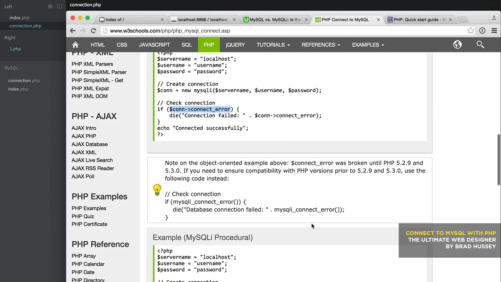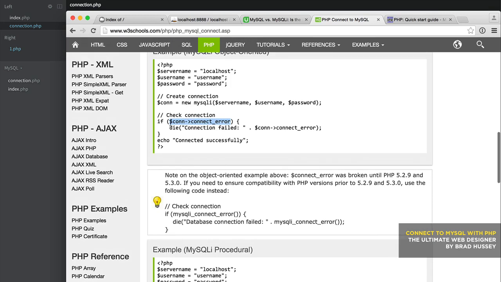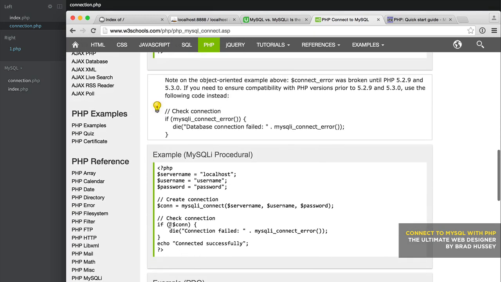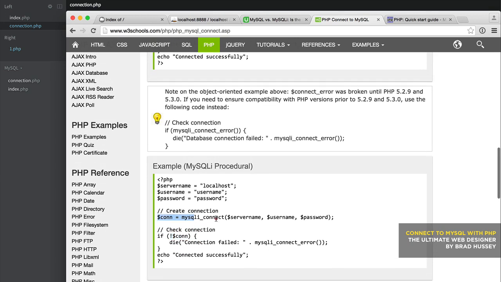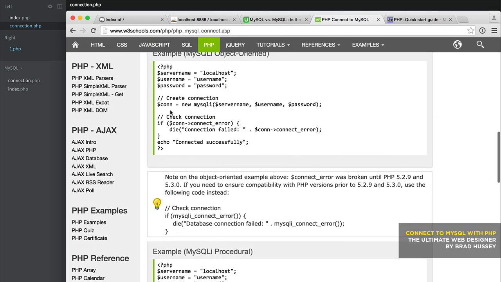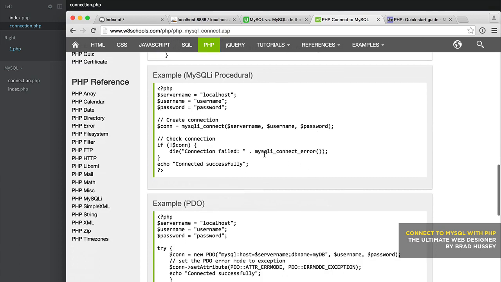So check this, the same thing. They're doing the same thing here. We're going to check the connection, and look at this if statement. We're just using a variable and checking to see if it is available or not. Another thing you can check out here is when you create the connection, we're using a function, mysqli_connect, and then we're adding some arguments and parameters into this function. Up here, we're saying new mysqli and doing a similar thing, but it's a little bit different because we're establishing the connection in a different way. And you can see again here, the connect variable. We're going to use the object operator to connect, display the connect error, and down here we're just displaying the function